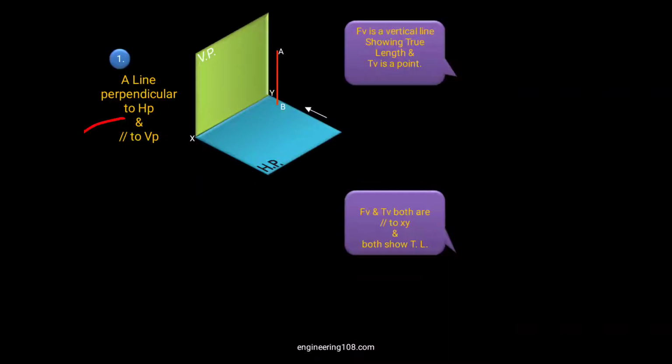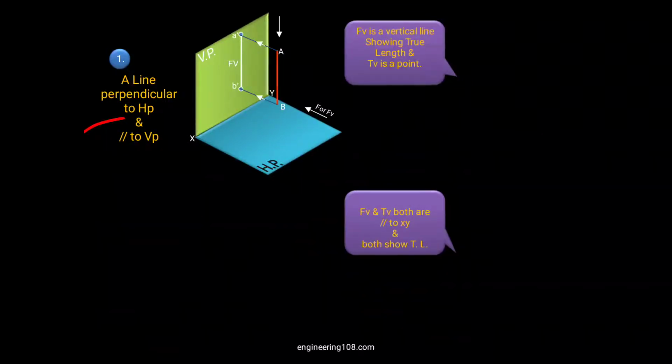That is the object here. Now the observer is observing from the front side to draw the front view of this line. The line is perpendicular to HP and parallel to VP. For the front view, the arrow is given perpendicular, eyesight exactly to the VP. The eye vision, the arrow, strikes the VP and we mark the points A dash and B dash, that will be the front view.